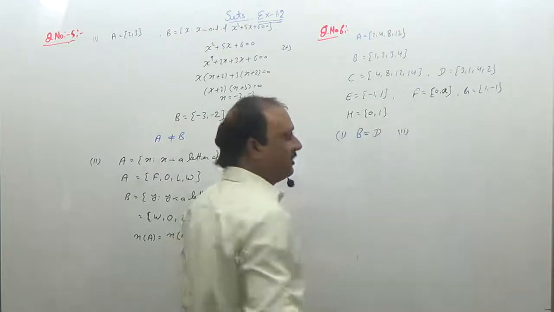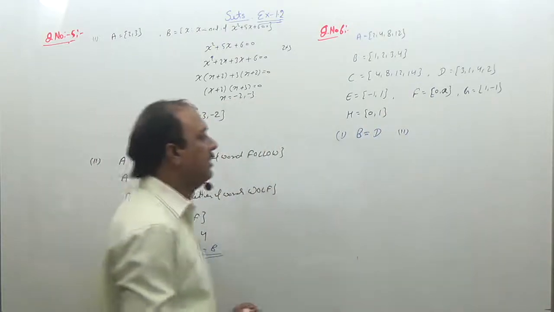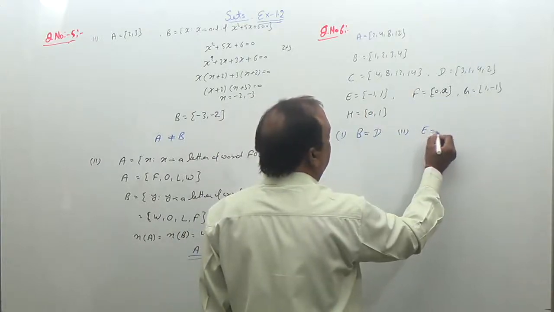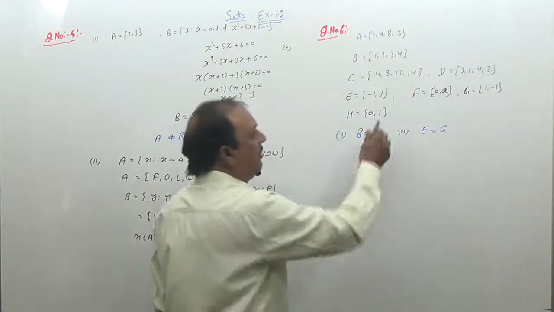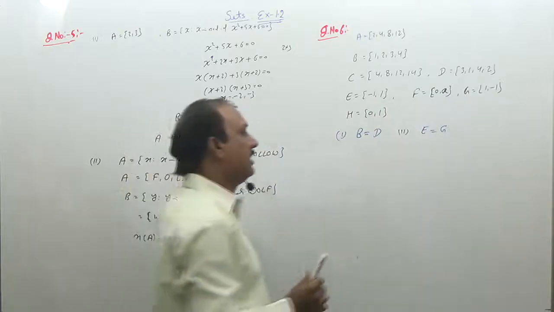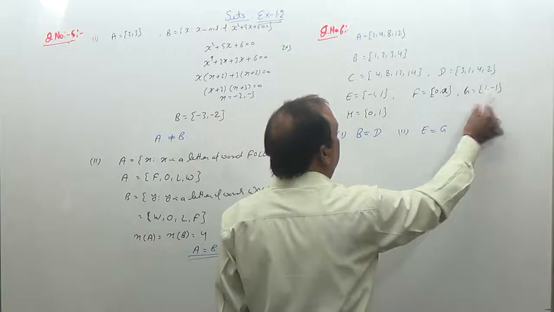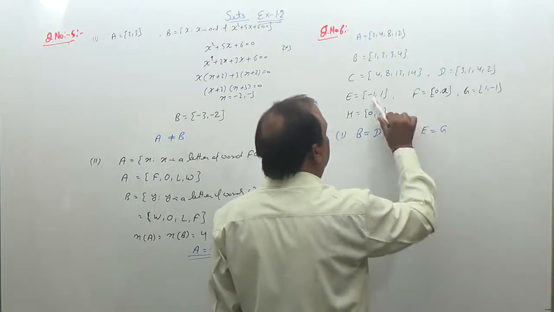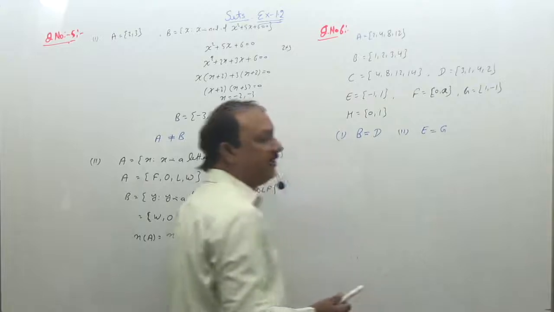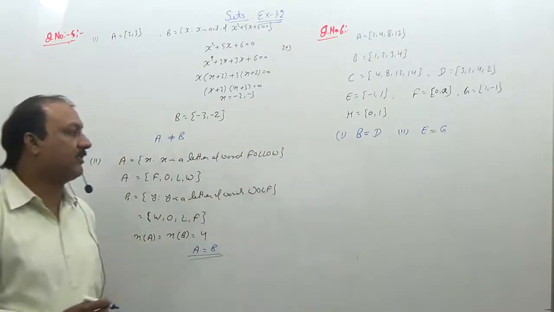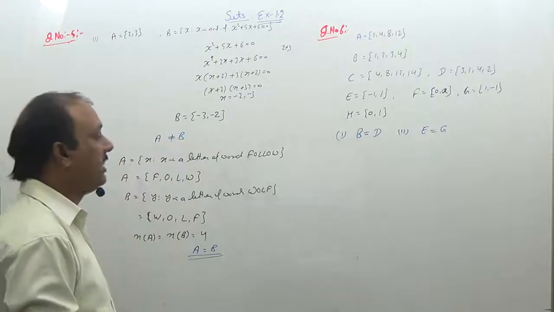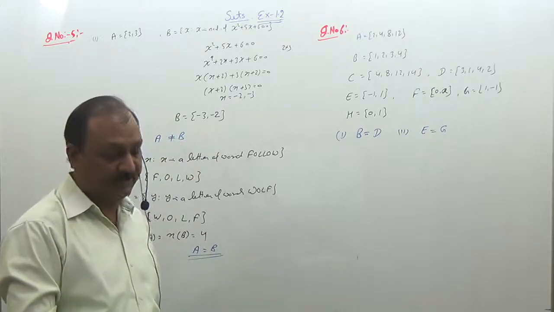अब सेकंड जिसके अंदर दो दो एलिमेंट है उनको आप कंपेयर करें. So E and G. Set E is equal to set G because sets E and G contain 2 elements and both the elements are the same, -1 और 1. Next is E, H. ये इसके इक्वल नहीं हो सकता और कोई भी पेयर किसी के भी इक्वल नहीं होगा. So there are only 2 pairs of sets which are equal to each other. One is B equal to D and the other is E equal to G.